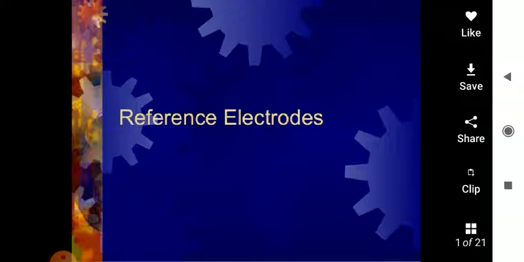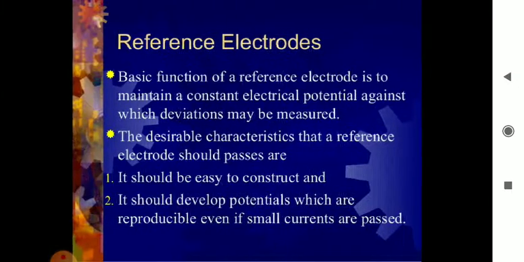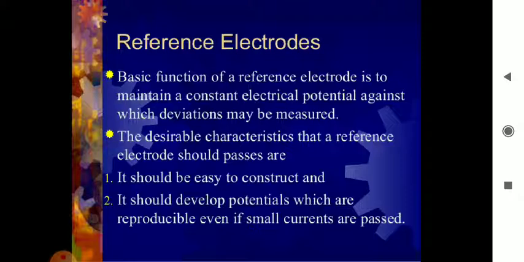Students, in today's lecture, we are going to learn from the electrochemistry chapter about reference electrodes. Reference electrodes are basic and play an important role in measuring the potential of other electrodes. It means the electrodes whose potential is already calculated, or is a standard. Such electrodes are known as reference electrodes.